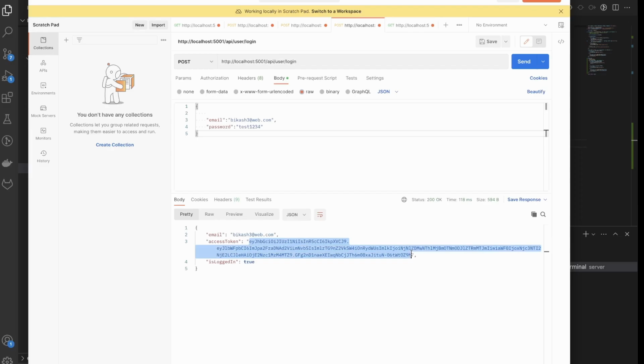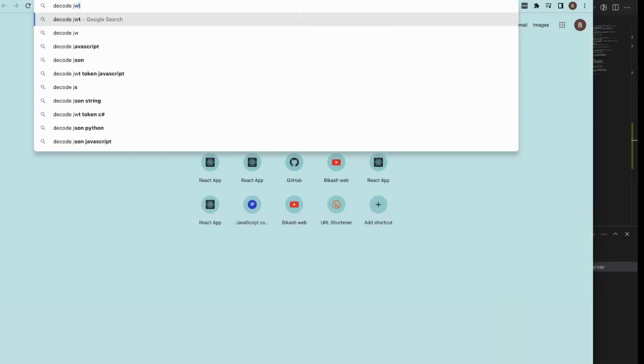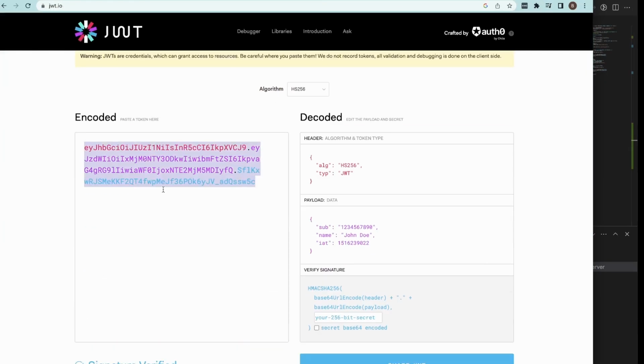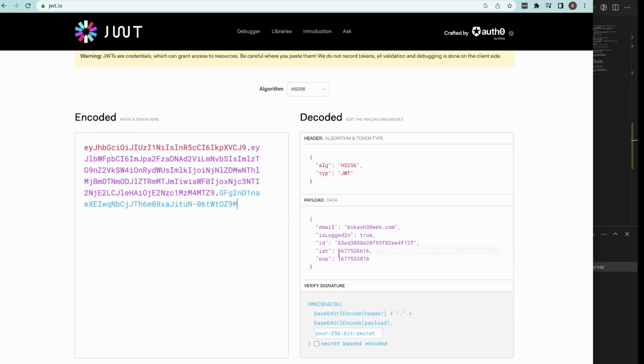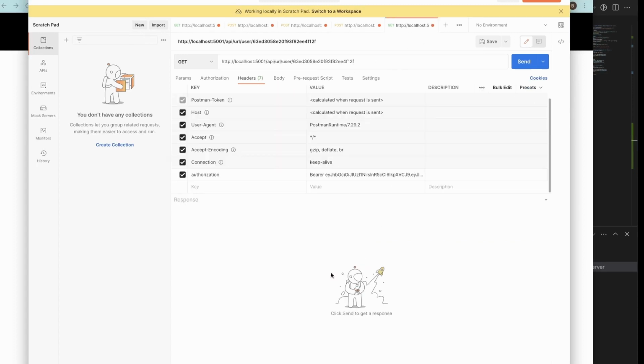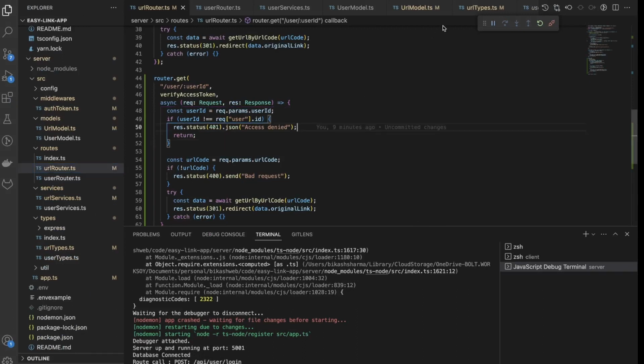let's go here and then let's go here decode JWT, and then I'll just go here. Okay, so we have ID, that's good. Additionally, we can also use email, so not user, so we have not here. Here we have this. So this is all we are doing here, and then we have to go to our